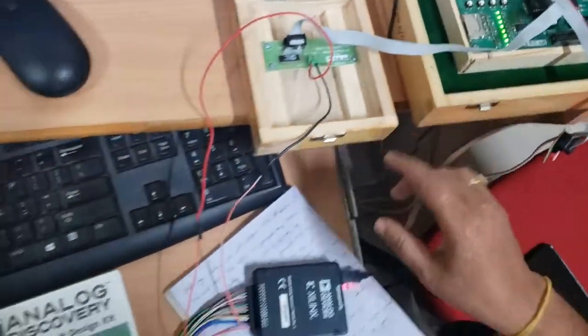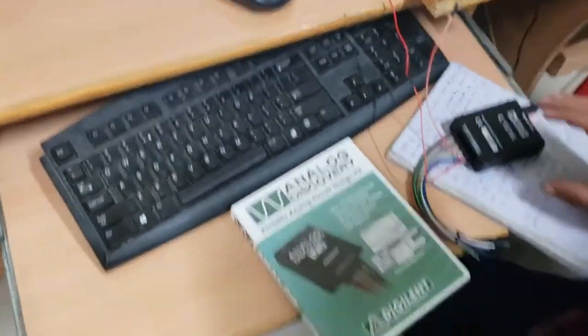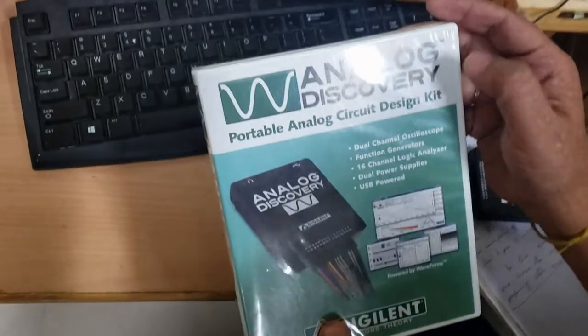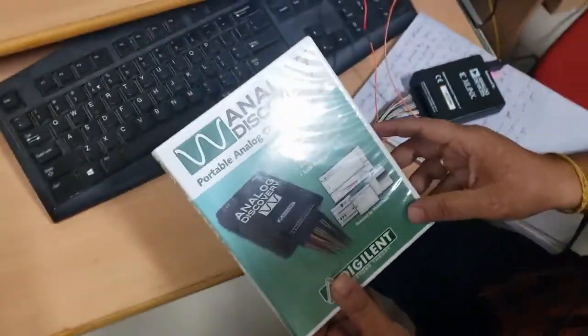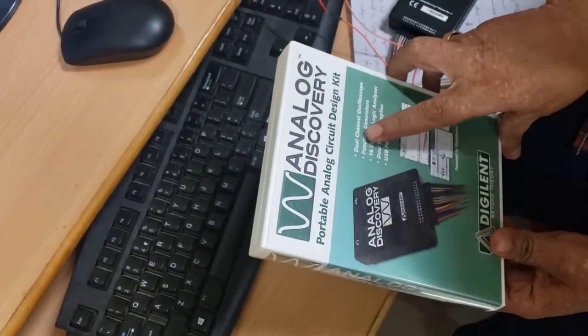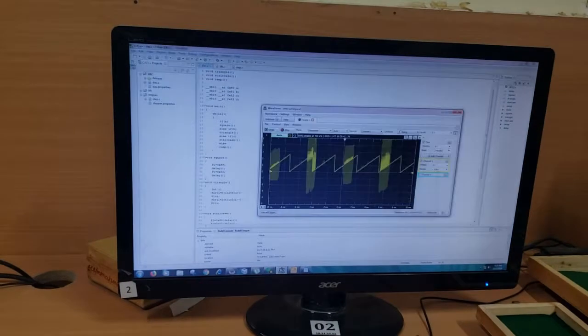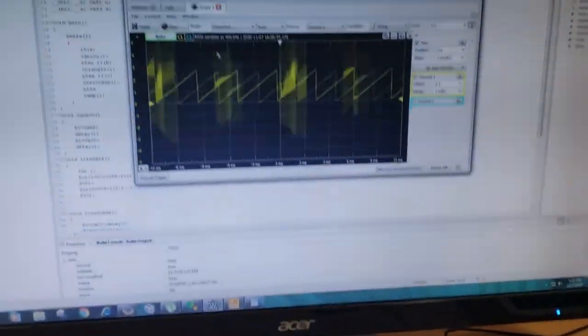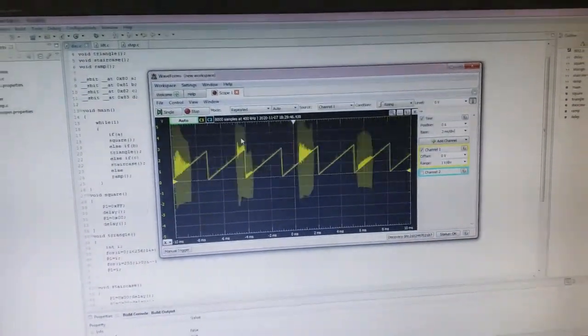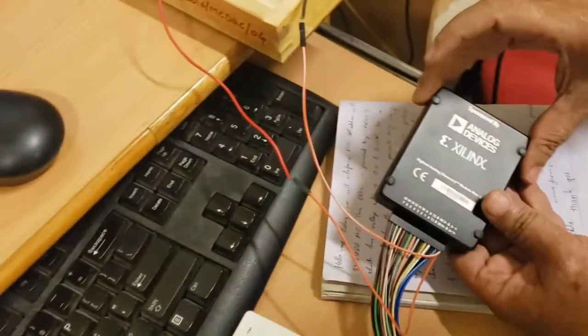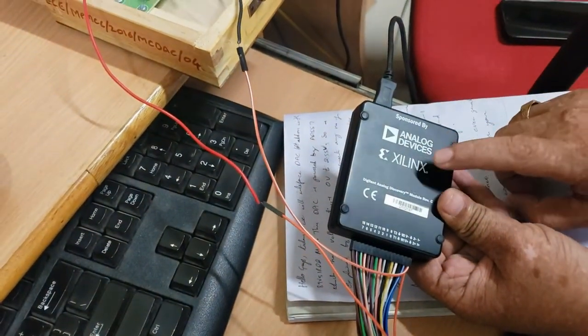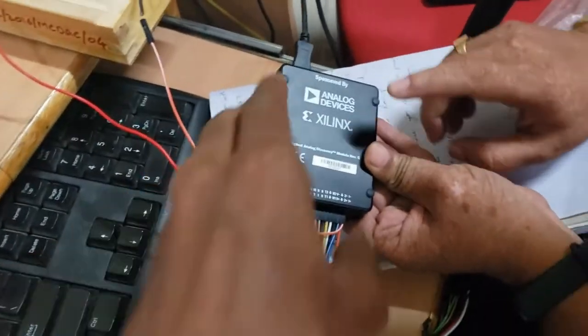Now for this experiment we are going to use the Analog Discovery kit. This is the dual channel oscilloscope. We can directly see waveforms here in the WaveForms software. In this kit, these are the analog devices from the company Xilinx.